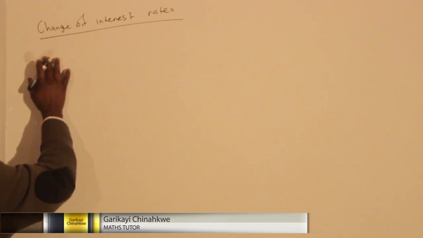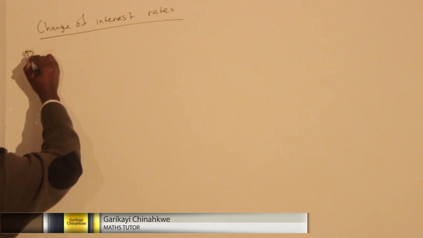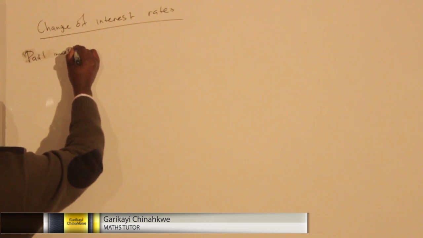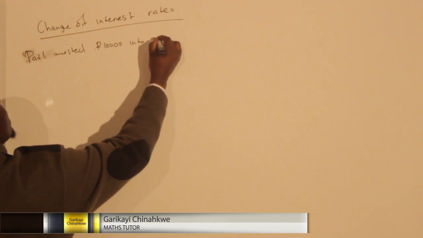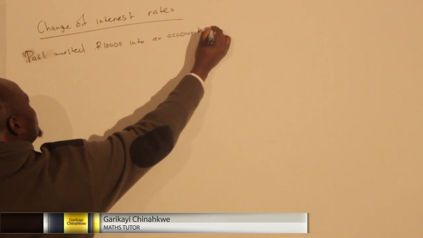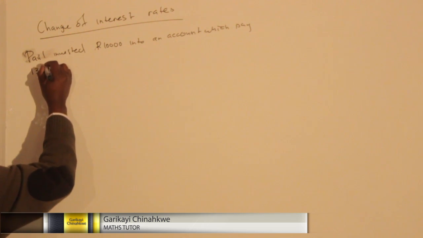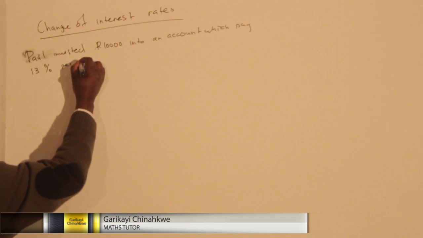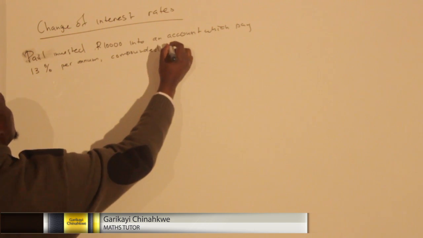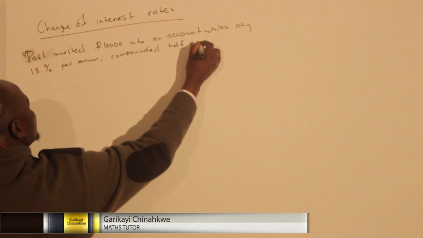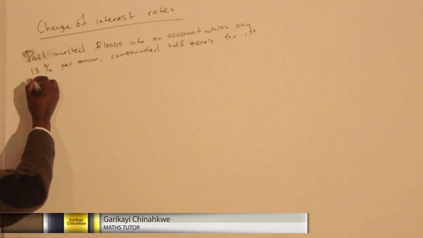Let's say maybe Paul invested 10,000 into an account which pays 13% per annum, compounded half-yearly for the first 3 years,